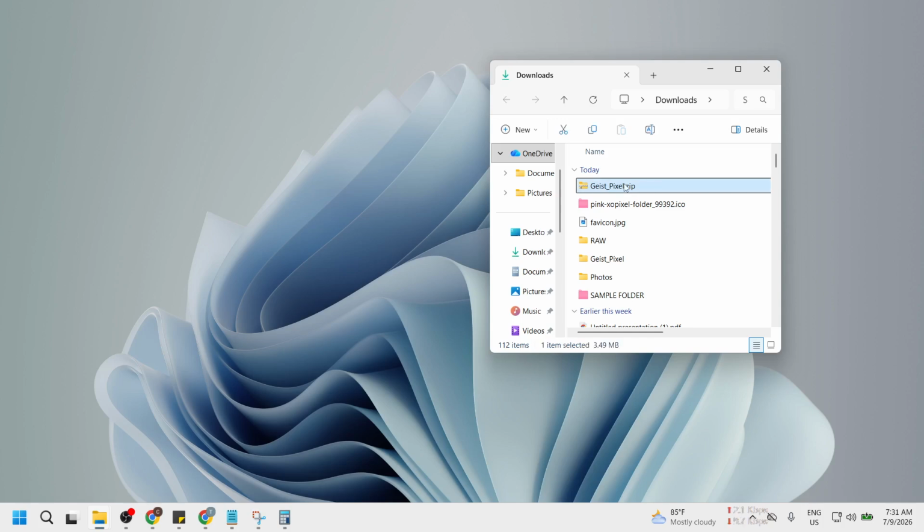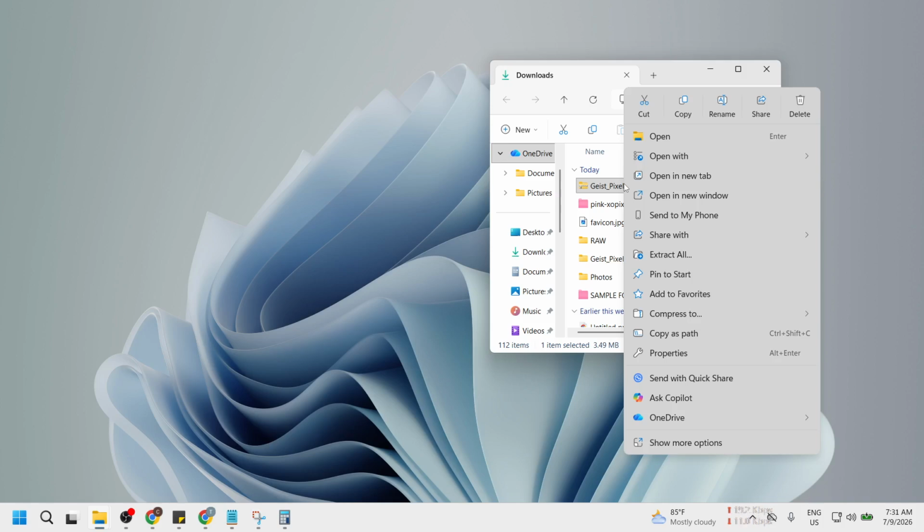Once you find it, right-click on the file. This action opens a context menu that provides various options related to that specific file. You may see options like Open, Copy, and Delete. It is crucial to select the right file since this process will change how it opens in the future. Remember, the right-click action is a fundamental skill in Windows, and mastering it will enhance your efficiency.